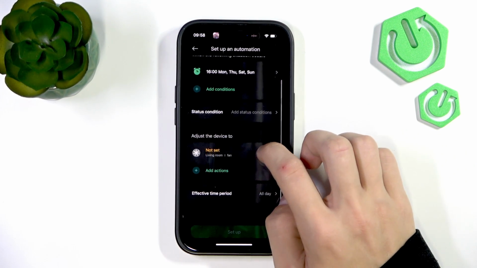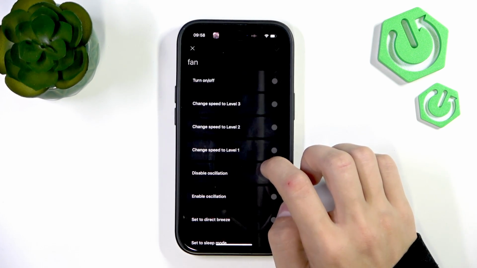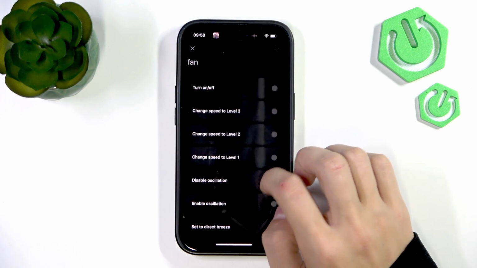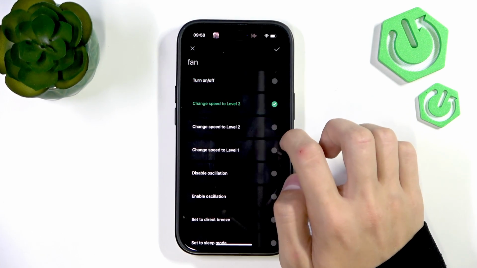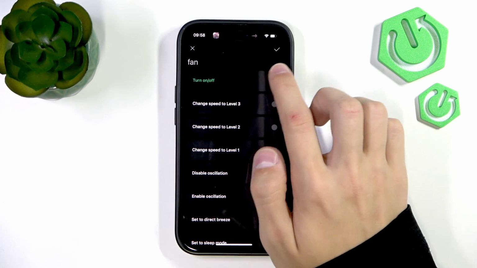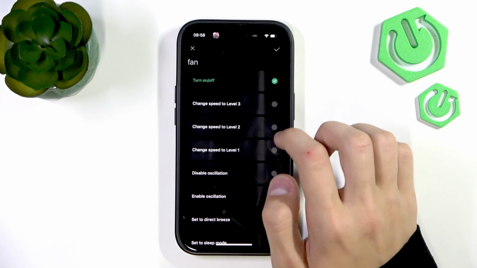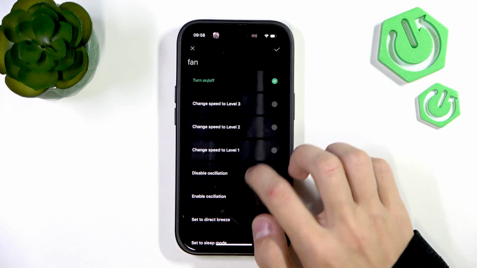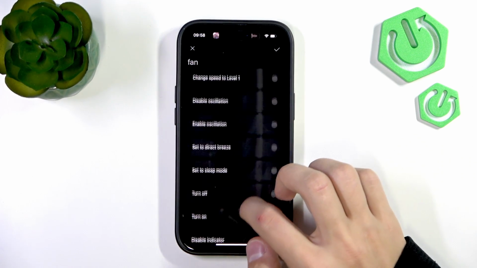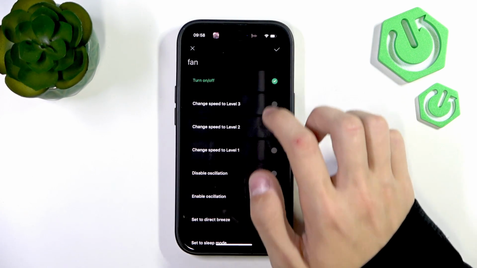Then we're going to go down, to adjust the device to. That means the features that you want to be enabled. So for example, you want it to turn on, just select turn on or off. Or if you also want to, for example, change the speed of the device, you can